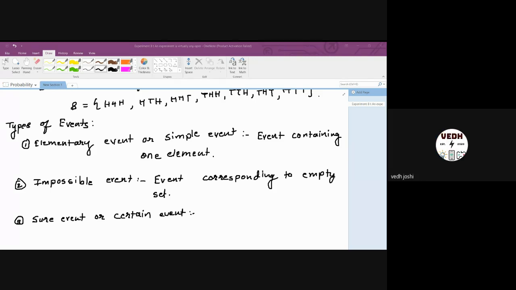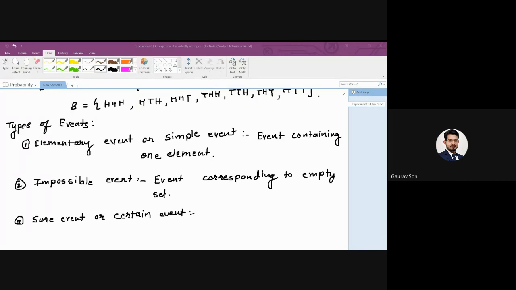Addition of two numbers, the event shall always have a sure value. No, we are talking in terms of events which are non-deterministic. Sample space. Yes, exactly, very good. So it is the sample space. You can always say that the outcome is always going to be in the sample space.